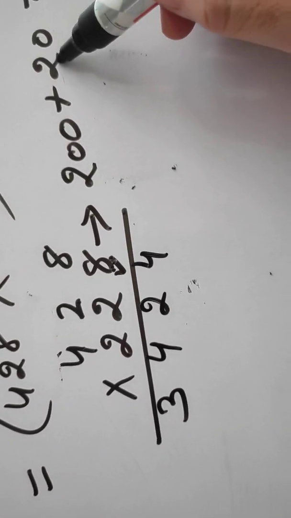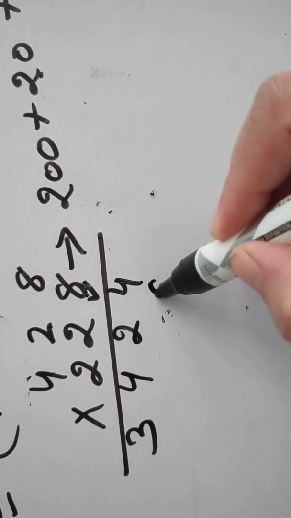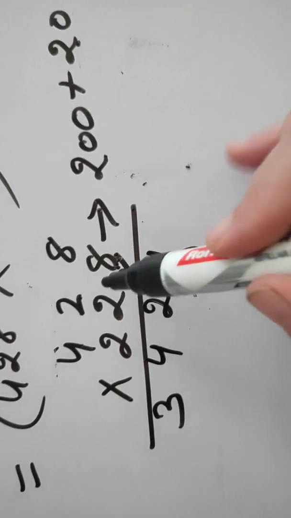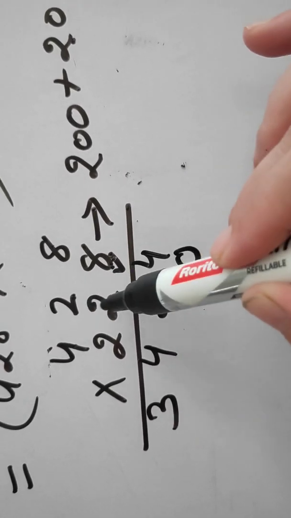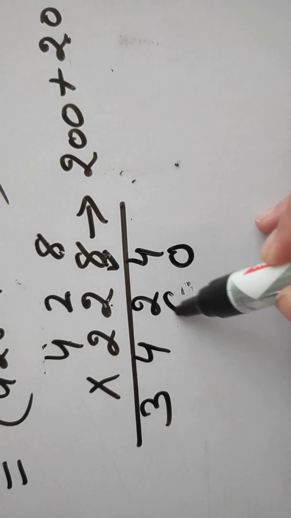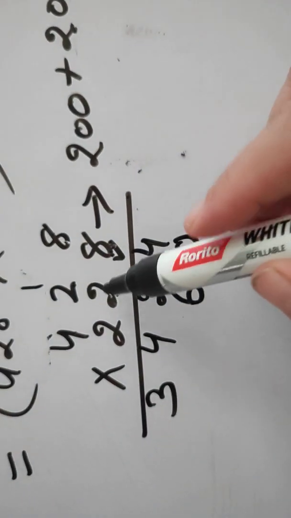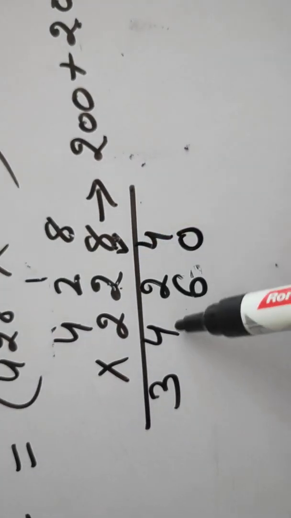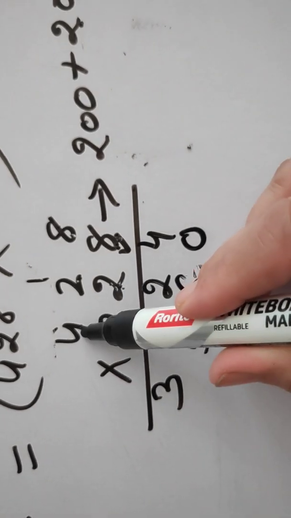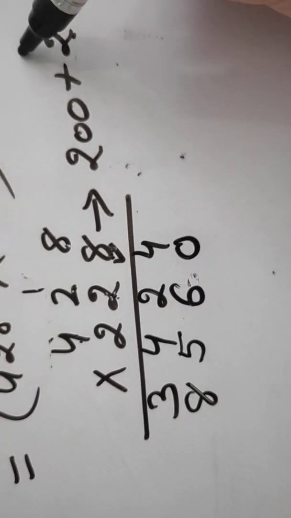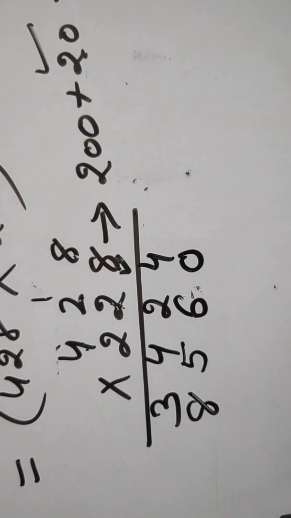Now we have to multiply by 20. So at the ones place you will put 0 and start multiplication by 2. This is the tens place. 2 8s are 16. 6 here. 1 goes as a carry. 2 2s are 4 and 1 is 5. 2 4s are 8. Now 20, its multiplication is also over.